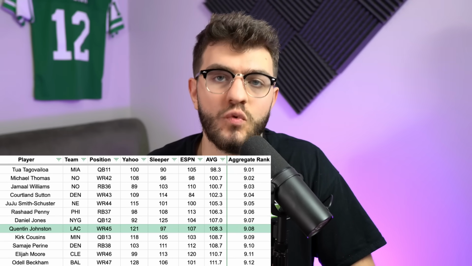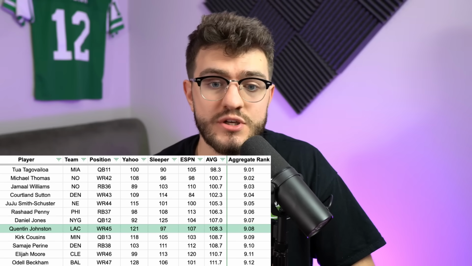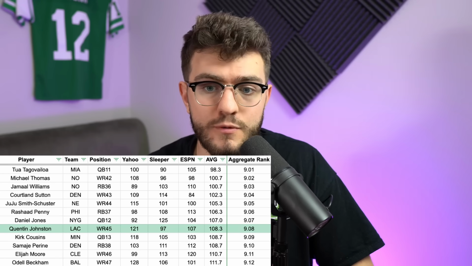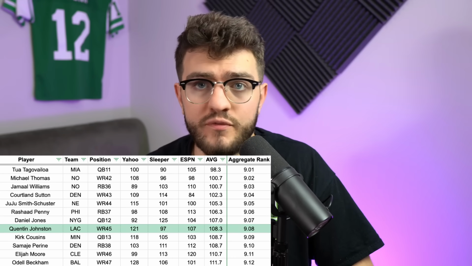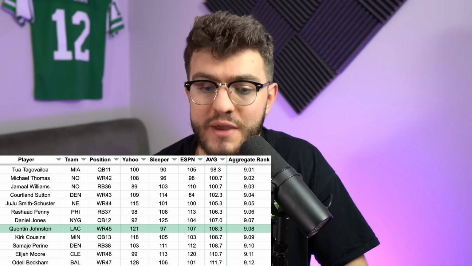Similar idea here, rookie wide receiver, tons of upside, and they're both in good offenses, Addison and Quentin Johnston, where Quentin Johnston's going to be getting footballs thrown to him by Justin Herbert in a Kellen Moore offense. This offense is going to be high scoring, pass happy, everything. It's going to be amazing.